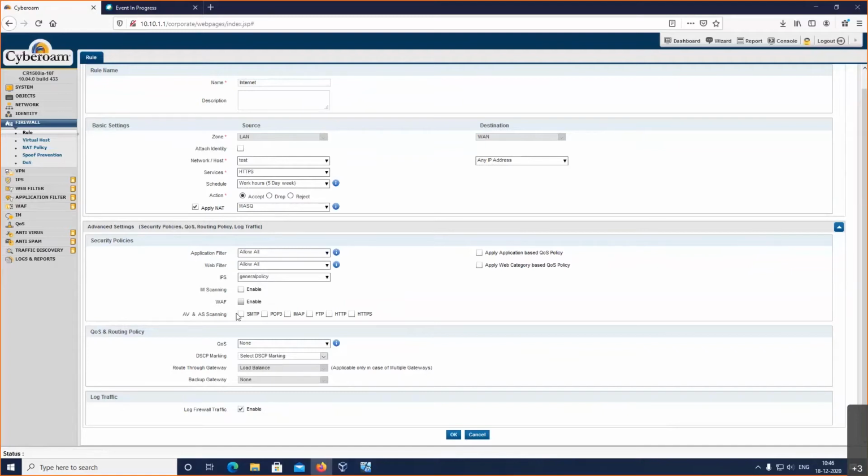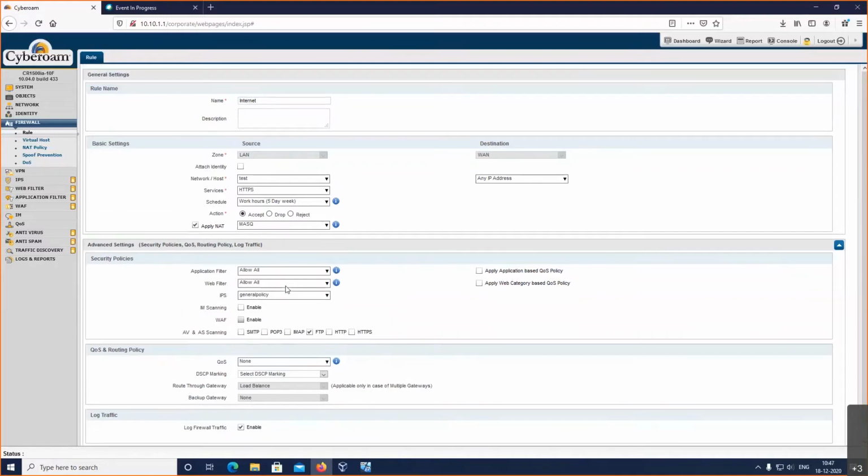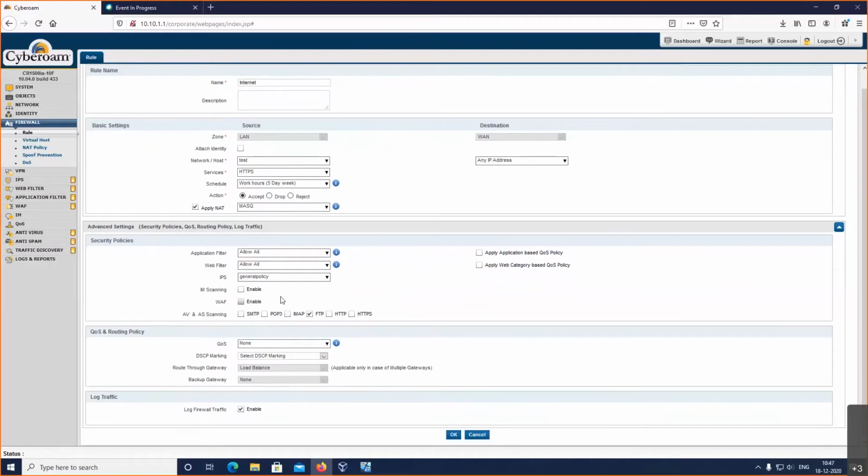Even the antivirus and anti-malware scanning, and on which protocol we want to enable the antivirus part, can also be defined. And whenever we enable these services along with the rule that is defined here, these security features are also implemented on the same rule.